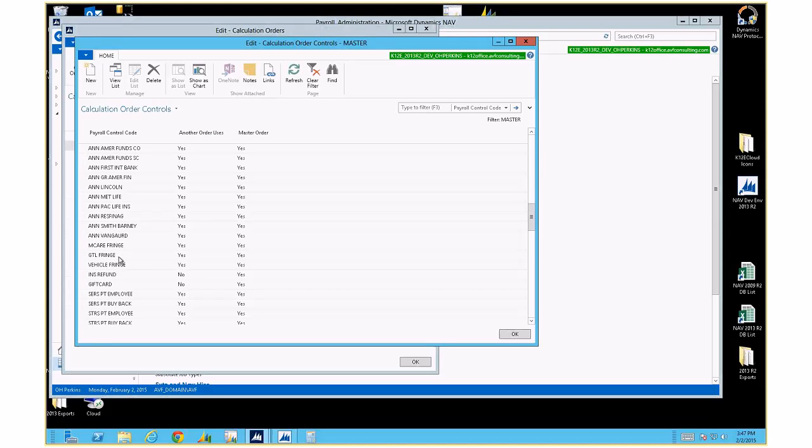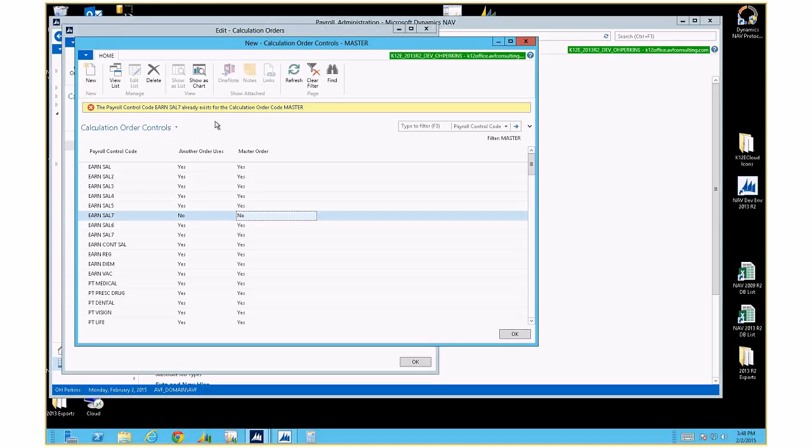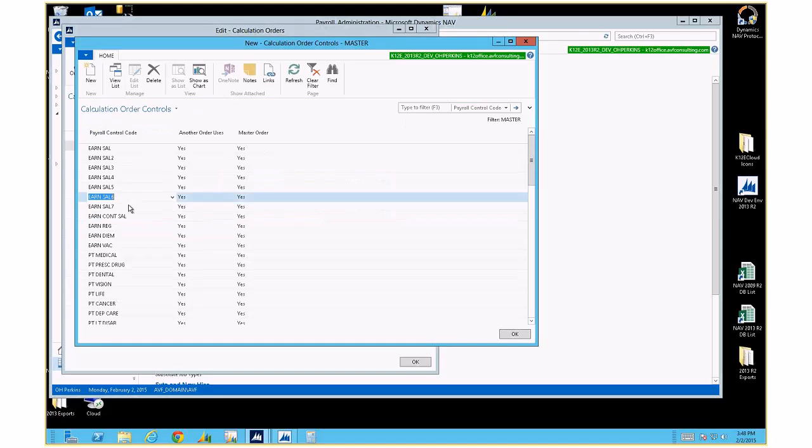All right, let's talk about the order a little bit because this is important. If you need to move them around, you can't just insert it a second time. You need to delete it. So if I wanted to move, let's say, 7 above 6, I can't just do a Control-C, come in here and do new, and stick it in there, because the system won't allow it since it already exists one time. So I'm going to hit F5, discard that. But if I do a Control-C and delete this row, and insert a new row,